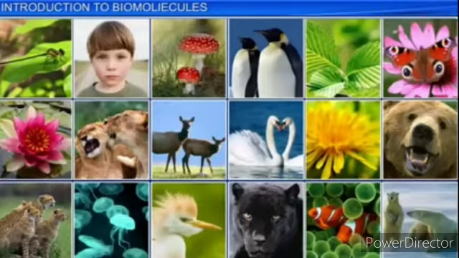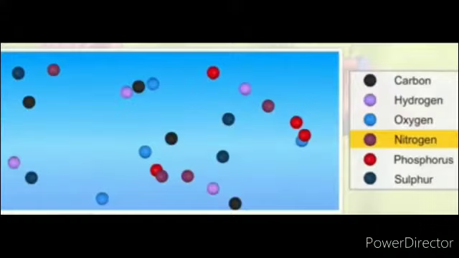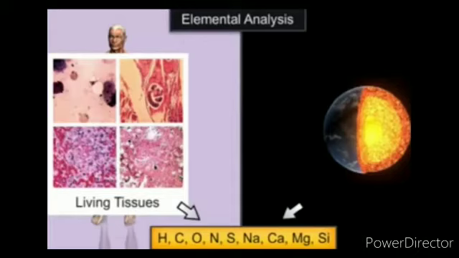If we perform an elemental analysis on a plant tissue, animal tissue, or a microbial paste, we obtain elements like carbon, hydrogen, oxygen, and several others and their respective content per unit mass of living tissue. If the same analysis is performed on a piece of earth crust, as an example of non-living matter, we obtain a similar list. What are the differences between the two? In absolute terms, no such differences could be made out.